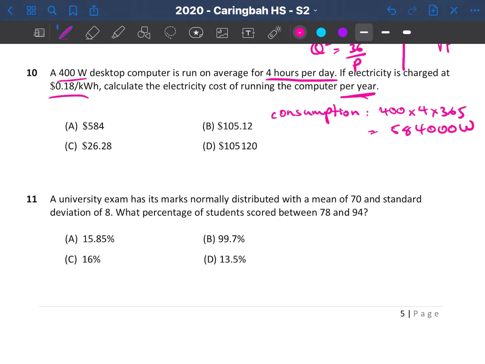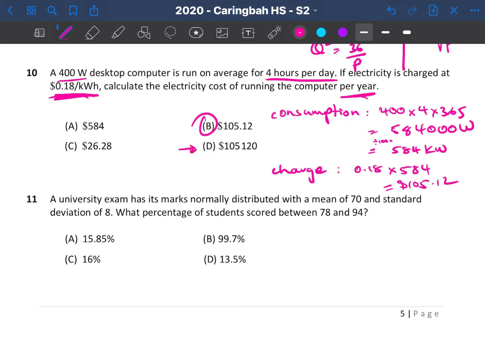584,000 watts. But I get charged at kilowatts, so I need to convert this now to kilowatts. I need to divide by 1,000, and that leaves me with 584 kilowatts. So then how much I'd get charged is 18 cents times 584, and that leaves me with $105.12. B. Now, very sneaky, they've put D here as an answer, assuming some of the students may not have